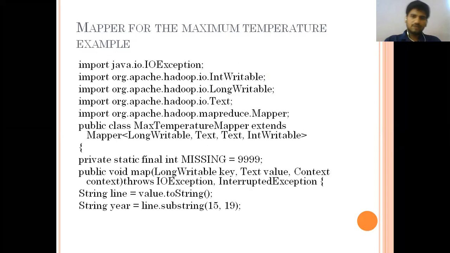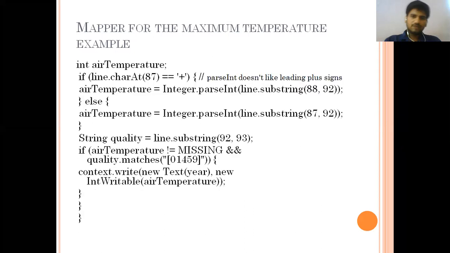So these are the inputs for year, line, and temperature that we are going to consider, for 18 to 19 something. If the particular temperature is not found in 18 to 92, then we go to the else block. This is the if condition. The else block will find it from 18 to 90, 87 to 92.